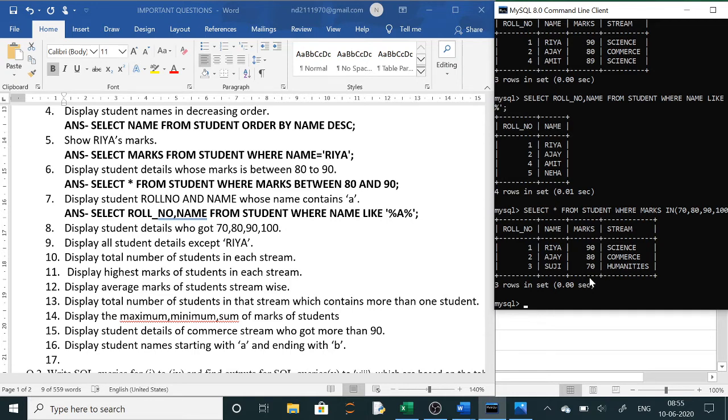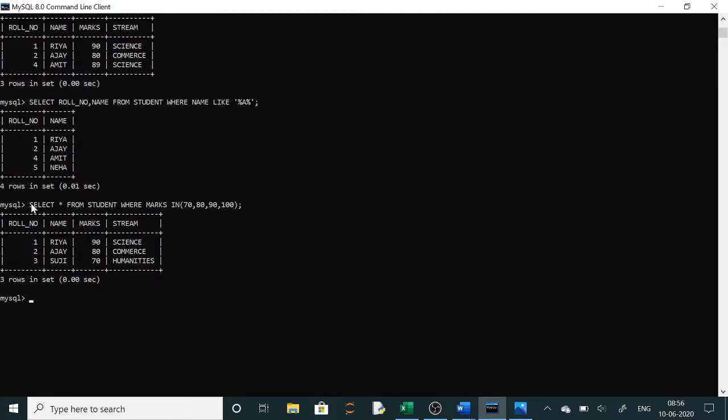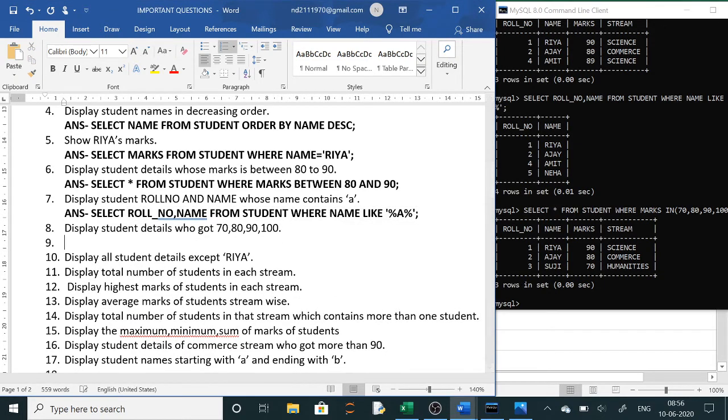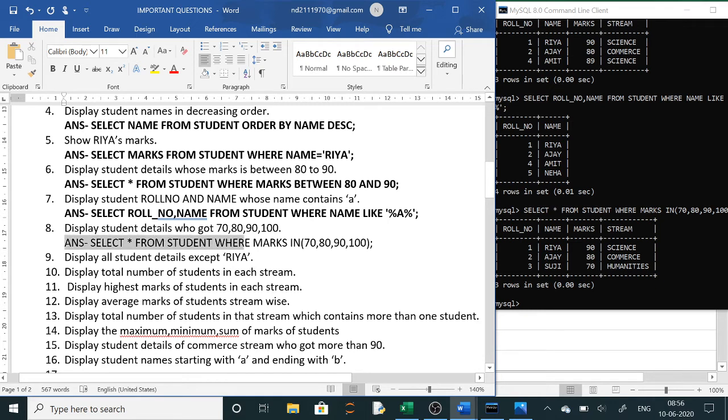So here it is showing the data. So this is your answer for 70, 80, 90. Now in means it is present and not in means it is not present. Like the next question you can see here, except. Except means not in we will use here. So here this answer is also done.